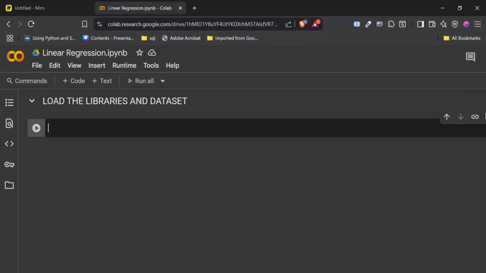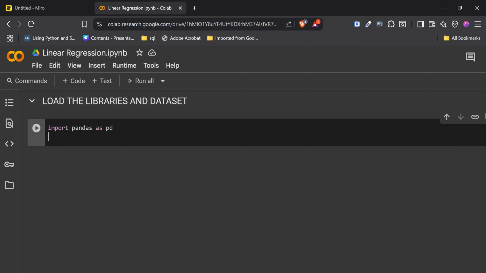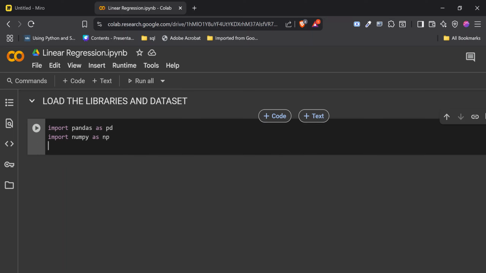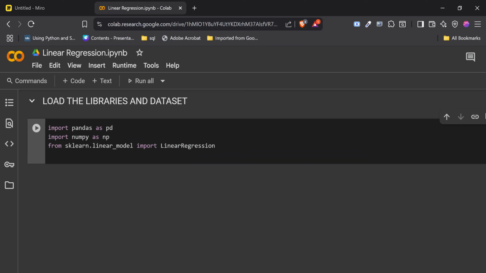The libraries that we're going to be needing, we're going to say import pandas as pd, import numpy, from the classes that we had on EDA, on exploratory data analysis. You already know what all of these libraries do, pandas and numpy. Then we're going to say from sklearn, which is the library that we're going to be using, dot linear model, we're going to import LinearRegression like that.